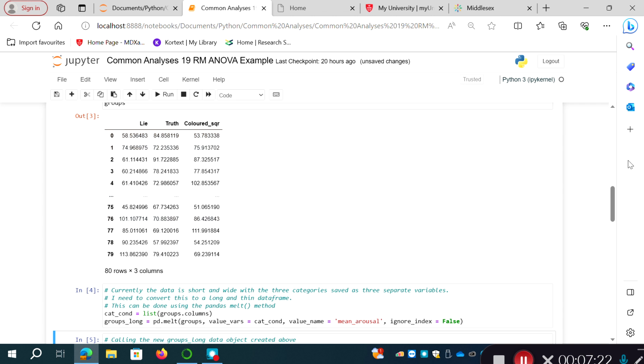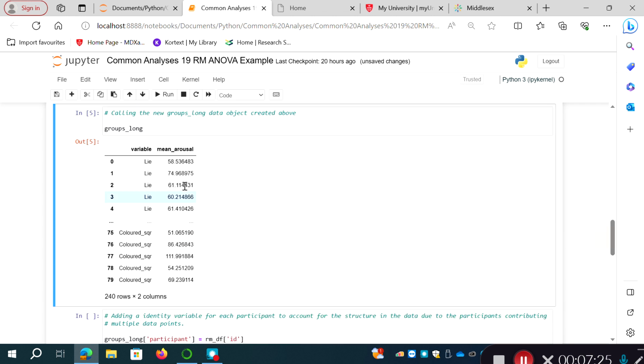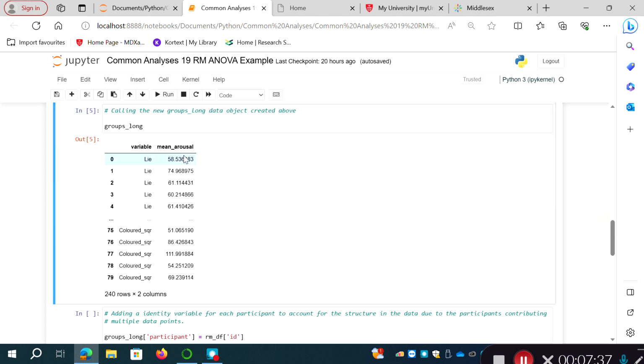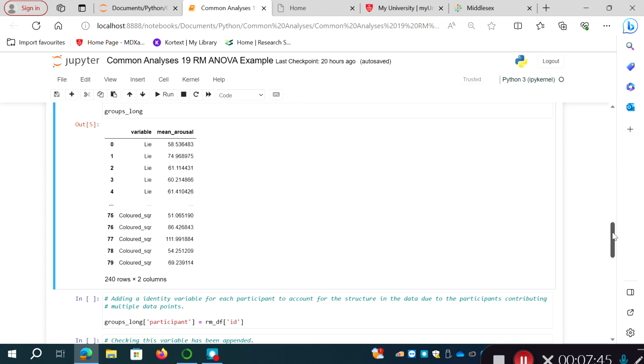These ones are now contained under the label mean arousal. So this is more informative really. When you have data in this format, the column name, the variable name, doesn't tell you anything about what it's recording. When it's in long and thin format, you can see what these measurements relate to. Okay, so